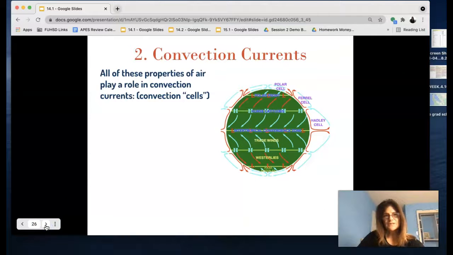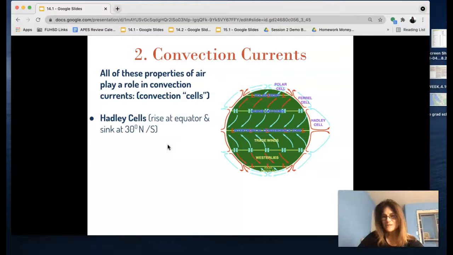These air properties all play a role in convection currents on our planet. Convection currents can also be called convection cells. And on planet Earth, we have 3 sets of convection cells, both to the north and south of the equator. We have Hadley cells, Ferrel cells, and polar cells. We only need to learn specifics about Hadley cells and polar cells. Hadley cells is when air rises at the equator and sinks at 30 degrees north and south of the equator. Polar cells is when air rises at 60 degrees north and south of the equator and then sinks at the